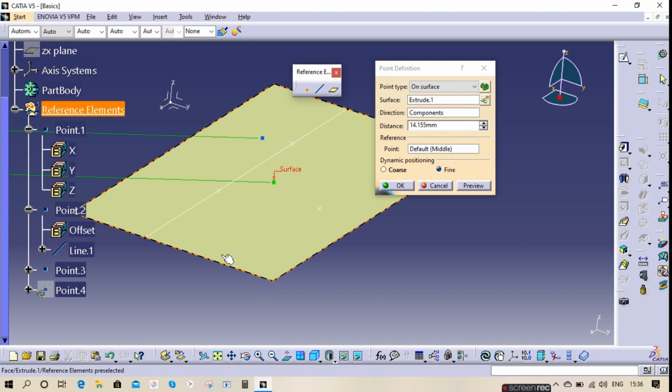This is a very helpful option when creating complex shapes. Now we have coarse and fine. Coarse is nothing but, wherever you click the point, if you want it here exactly, it will place here. This is how it will work on surface.